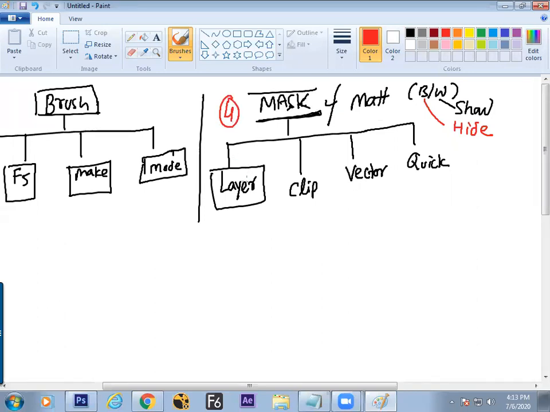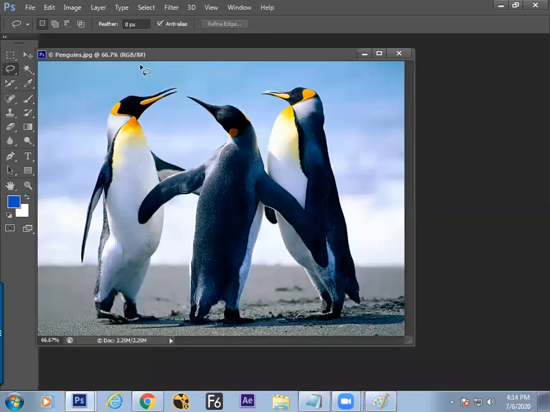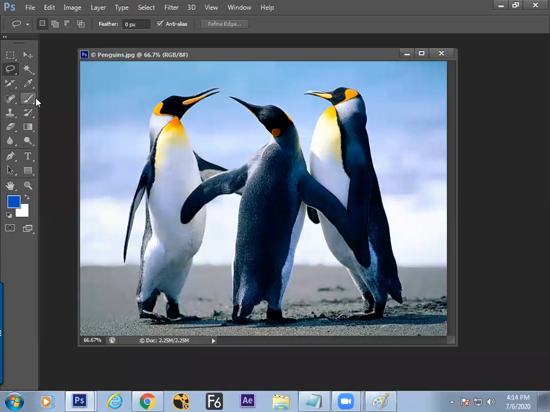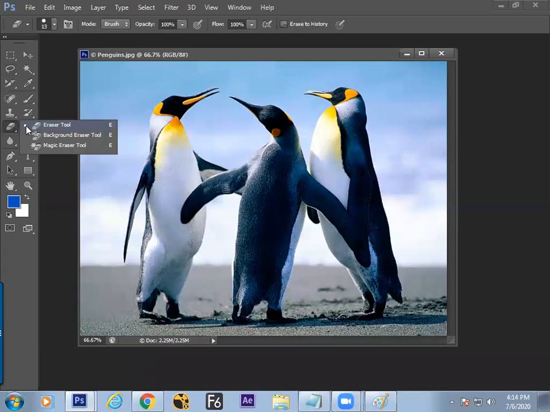Because you have already learned the layers, we'll be starting with a concept called layer masking. So what is the topic of the day? Layer mask. The first topic, layer mask. We got to know layers, we got to know brush. Now we start fusing them to make the hide and show game on the screen. So step number 1, as you got to know, we are going to hide some portion of the image. Yes, hiding can be done with the help of the eraser in this group. We can erase the things and hide them. So this is a way to hide.